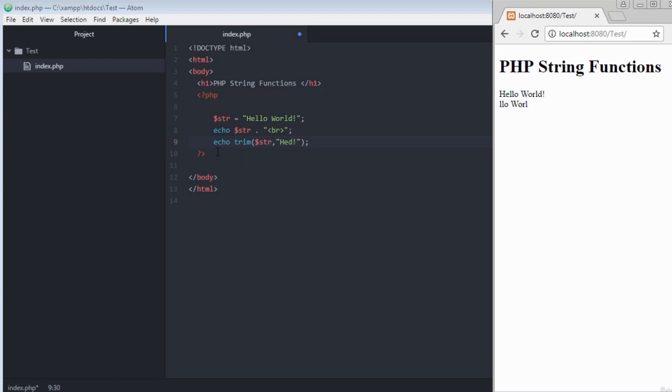Here is where I'm applying the trim. What I'm doing here is trimming characters from both sides of the string. So I'm trimming the H and E from the hello and the D